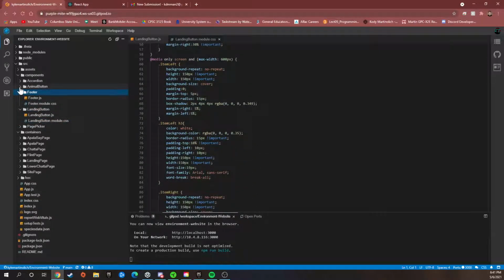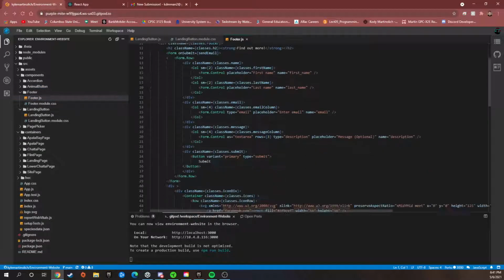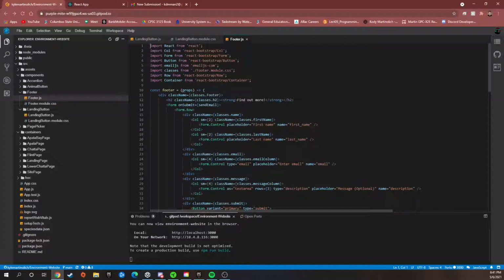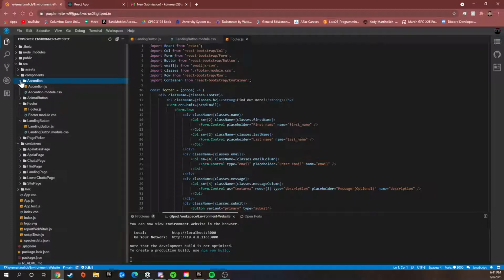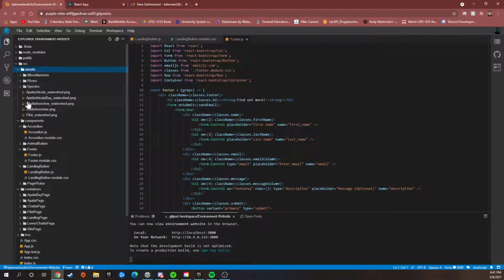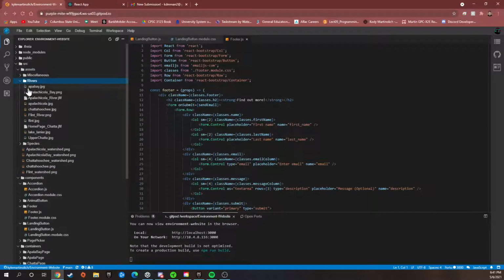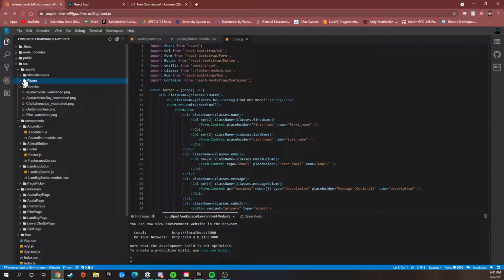You also see in here the footer. So the footer is the same exact footer for every page. It's just called at the bottom of each page so that you get it there. And so same thing, we have the accordions, so on and so forth. You see all of the components there. And then, of course, just the assets folder is very simply all of the pictures, pretty much everything that we needed to make the website look like it does. But that's mostly the code, and that's pretty much our